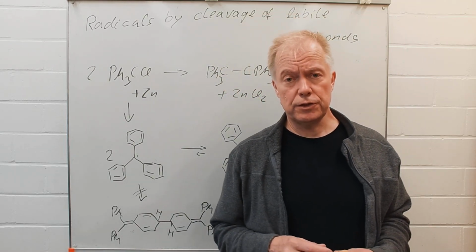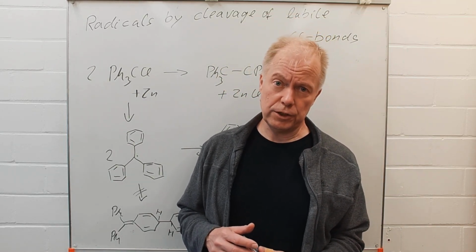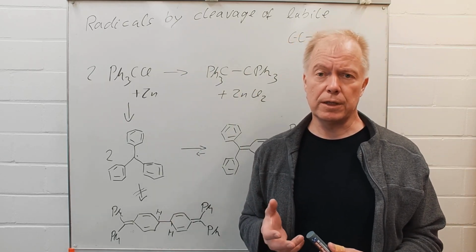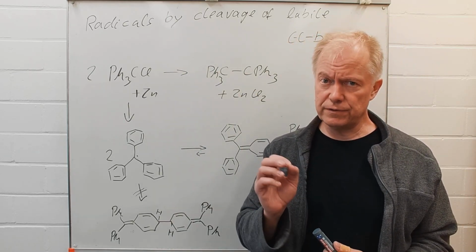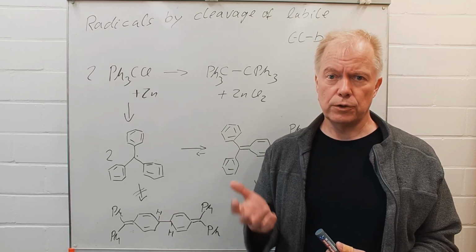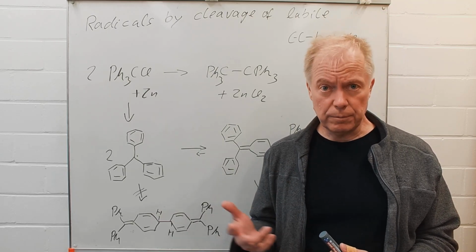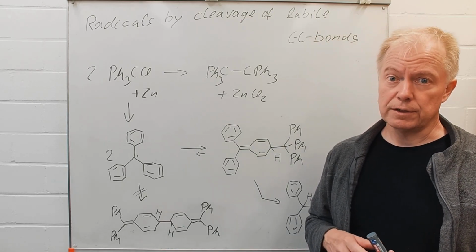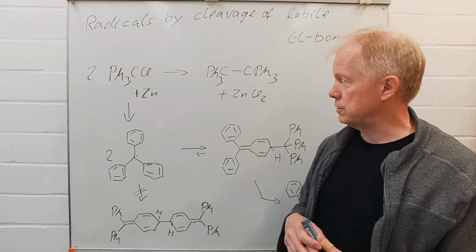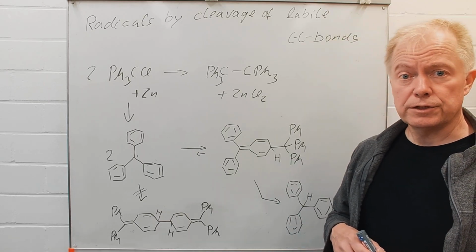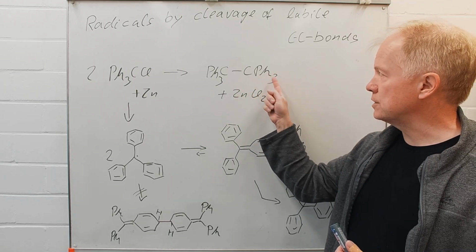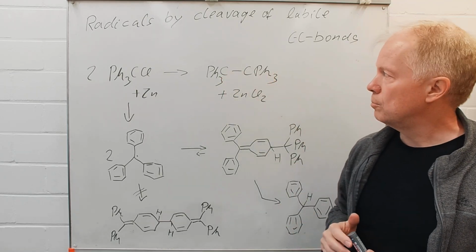The subject of today's tutorial is the formation of radicals by cleavage of labile C-C bonds. That this is possible, we know from the famous experiment of Gomberg done in the year 1900. Gomberg's intention was to synthesize the hexaphenyl ethane molecule